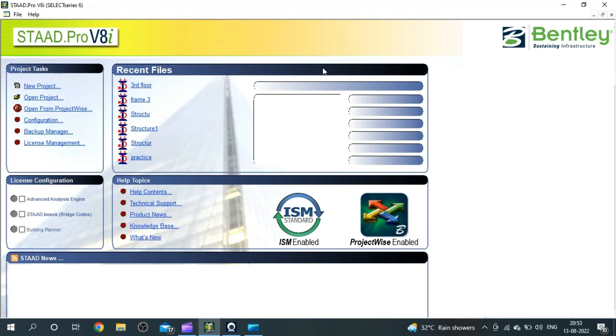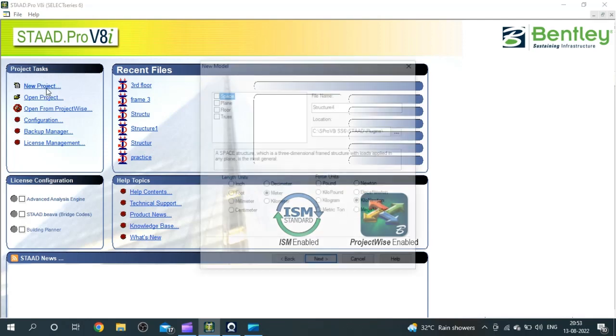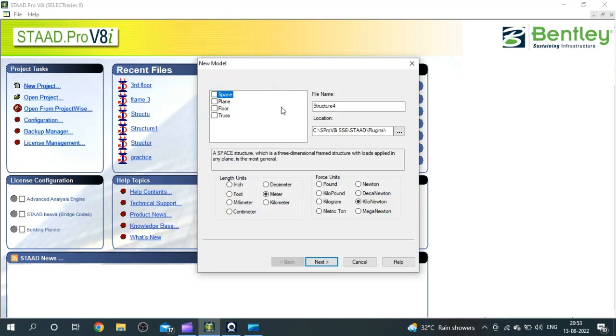Everyone, in this lecture, we will be learning how to model and analyze a both-ends fixed beam. So first click on new project. After that a new window will pop up. Here edit the file name. Here I am writing fixed beam